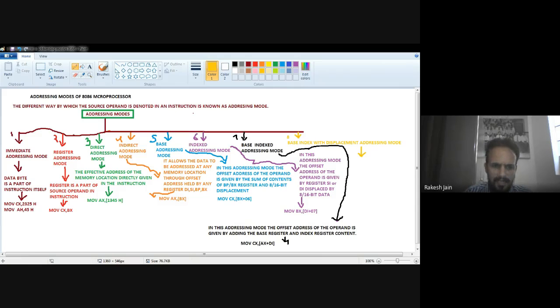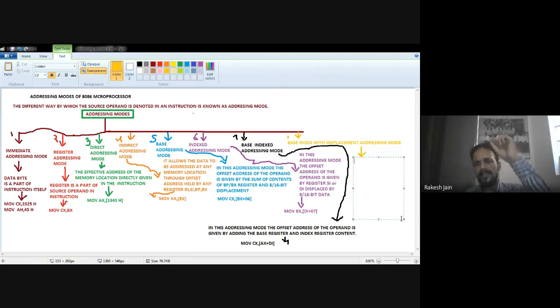Here in this addressing mode, as I have already told you, the operand offset address is computed by adding the base register content, the index register content, and an 8 or 16-bit displacement. As the name implies, there are three different things: base, index, and displacement.